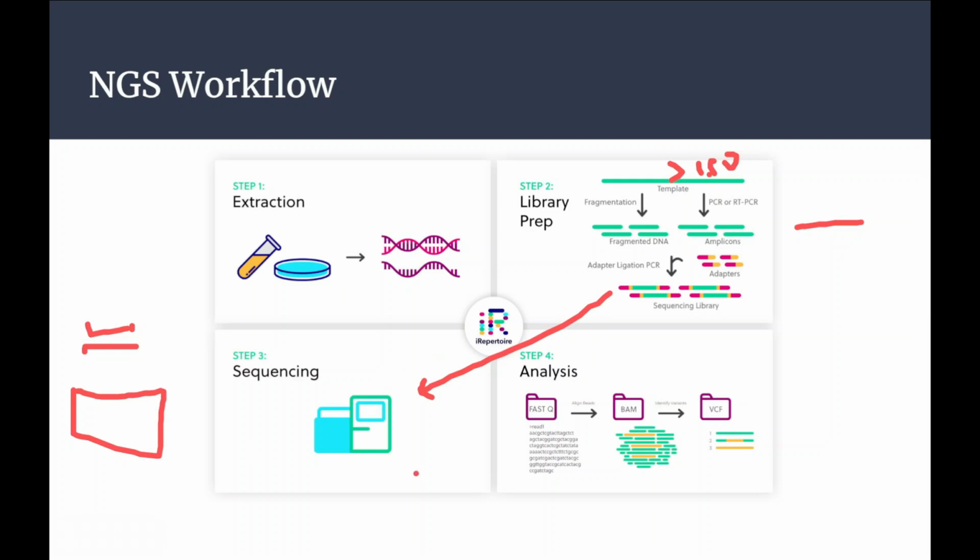And after sequencing, as you know, the output is basically the raw data, that is the FASTQ file. A FASTQ file only has the sequence and the quality of the sequence. For example, this is read 1, read 2, read 3, read 4. Let's say we have 4 reads. So in the FASTQ file, what information will you have? You will have the 4 reads and their sequences, like AAC, GTC. So this is the sequence of one read, and we also have the quality of each nucleotide base.